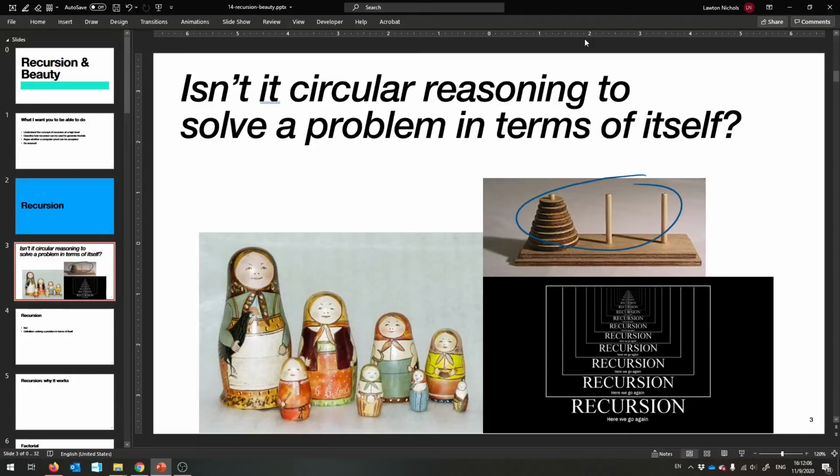These Towers of Hanoi, if you've heard of that, is a fancy game that you can play where you have to always move these little discs. The goal is to move this entire set of discs to this peg right here, using this one as an intermediate peg. And the rules of the game, if you haven't heard before, is that larger discs cannot go on top of the smaller discs. So you can't put the second one on top of it because it's bigger.